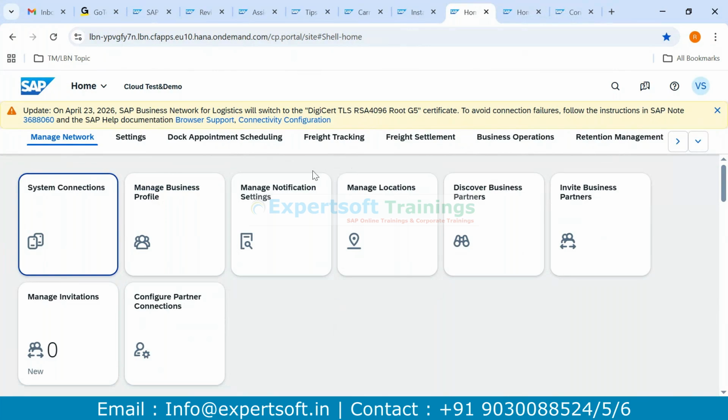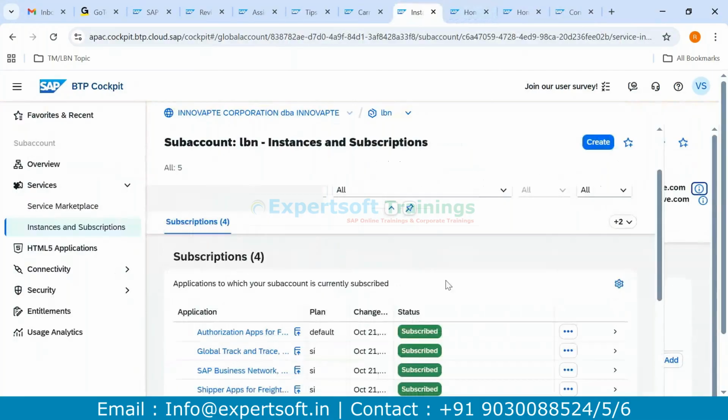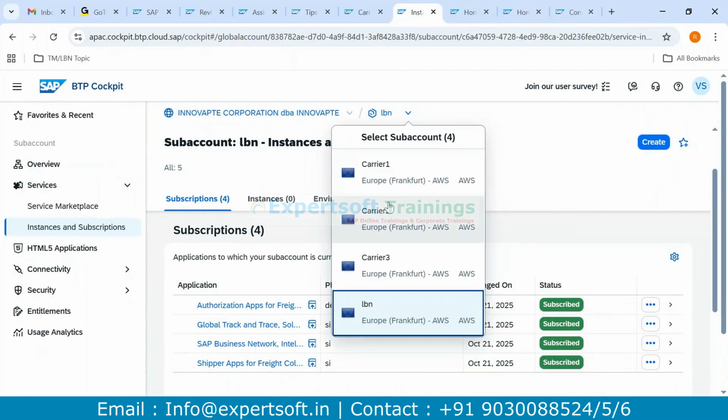This is your shipper tenant. This is your carrier tenant. So that way, as I mentioned, we have carrier tenants and shipper tenants. These are three carrier tenants. One carrier tenant is now fully functional, and this is the shipper tenant. So when you get into this project, the first step is to talk to the BTP consultant and make sure these sub